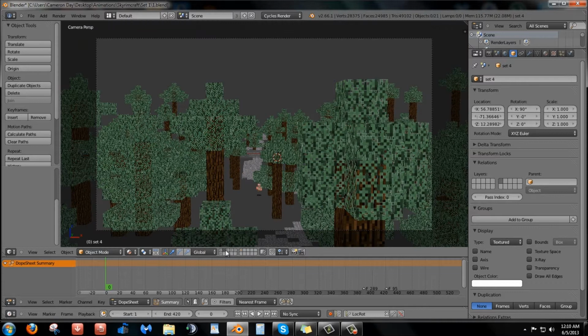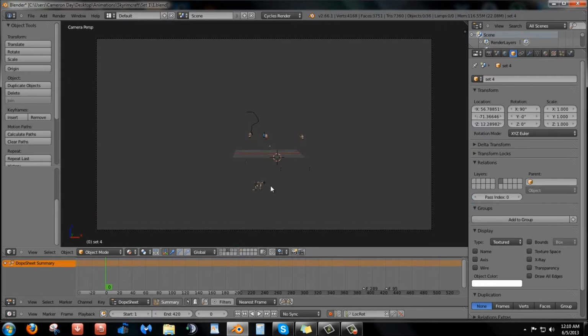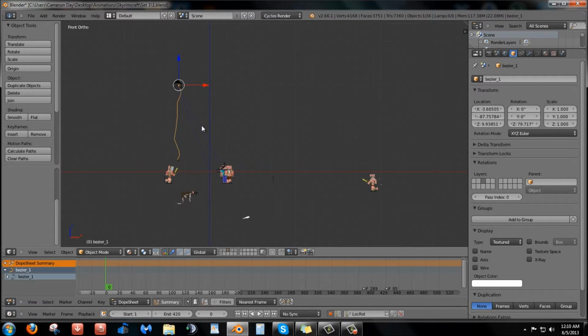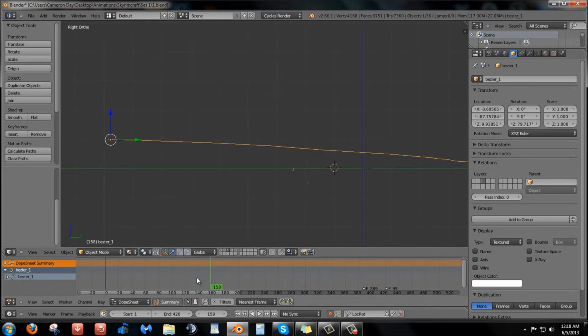Usually I have all of my characters on one individual layer with the camera. And this little squiggly line right here is a path I had my camera follow for an amount of time, just up until it hit this point right here.